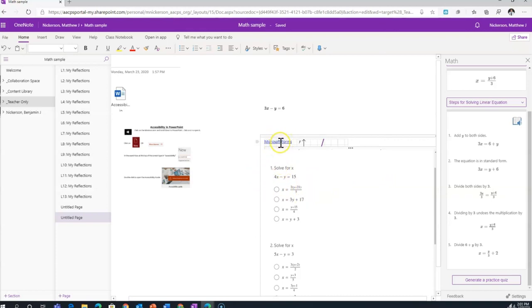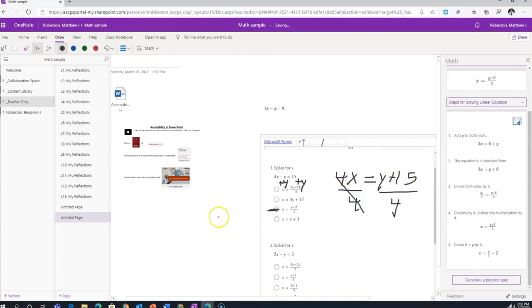But if the teacher was actually doing this and sharing this out with students, then by embedding it in OneNote, they also get the advantage of the student can do their work here on the page. And so I can go to Forms and get their actual answer automatically graded, but I can come back to this page and